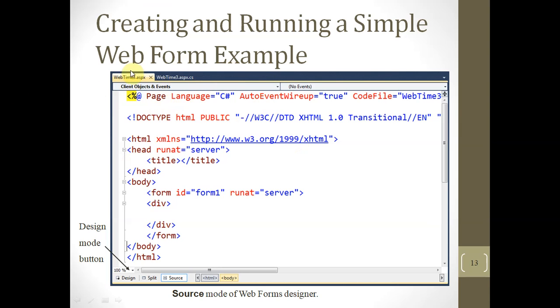Inside webtime3.aspx we have the ASP file, and inside the .cs file we have a C# file. You can see this is the ready-made window. Inside this window we have HTML, then the head portion, then the body portion, then the form name, then div and slash div. All the arrangement is given here, and we have to change it accordingly.